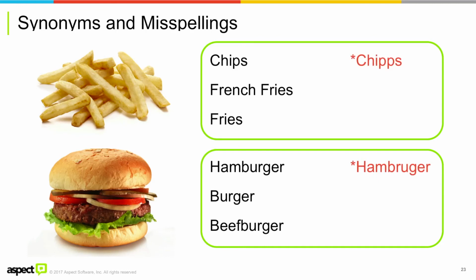And also, we know that people make spelling errors, and we don't want the AI to be stupid. If you are dealing with Alexa and you're speaking, she's probably going to have difficulty if you mispronounce something. But we want our text environments to be robust to the fact that people could misspell something, and she should be able to recognize it all the same.